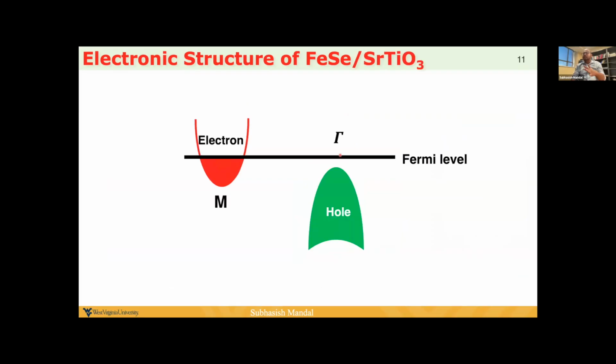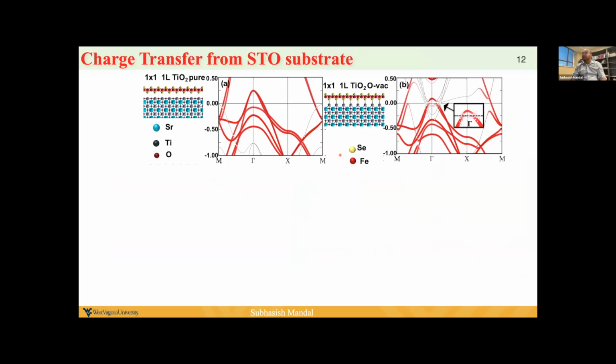And for FeSe on STO, the whole pocket is down. That means there's some electron doping happening. And if we just calculate the DFT band structure for this FeSe on STO lattice, we do see that there is a whole pocket. But if we remove the oxygen on the titanium oxide, this oxygen vacancy can donate electrons and actually make this